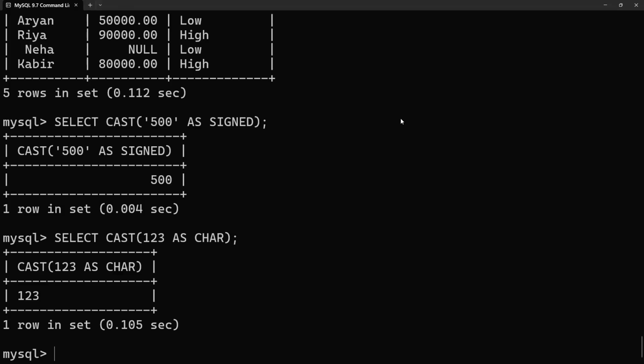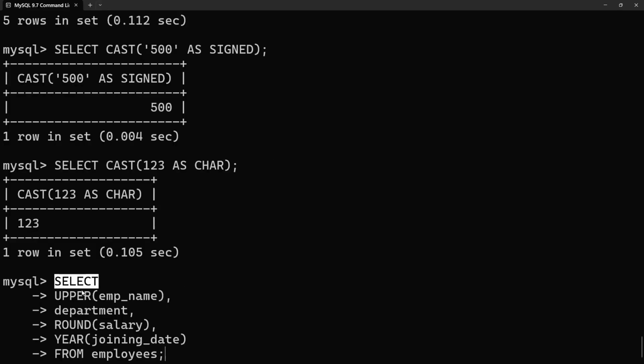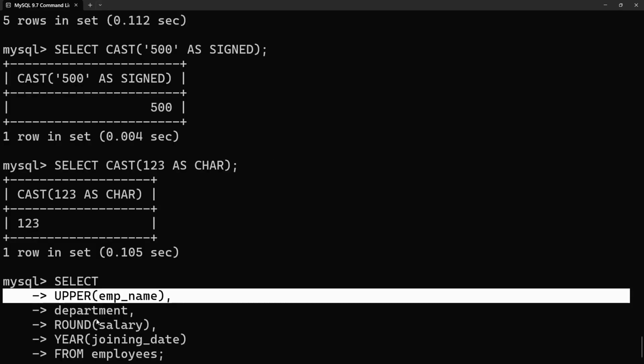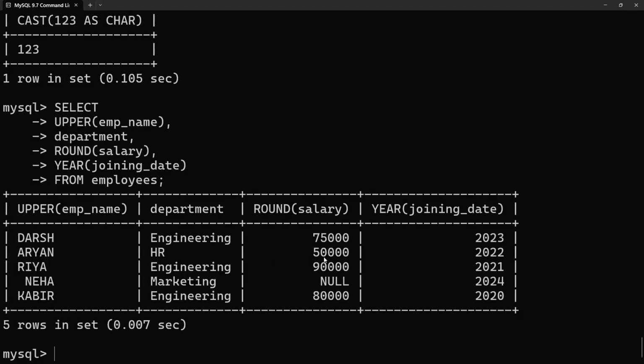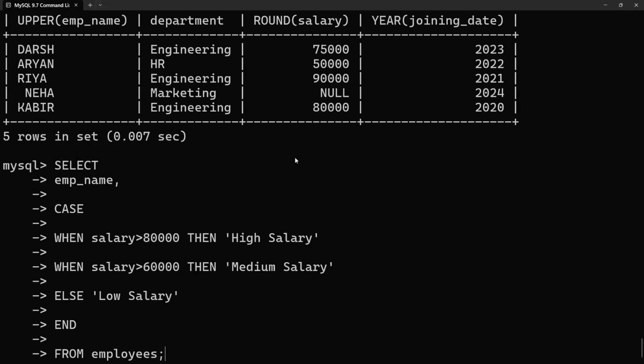Real world examples. Let's print out an employee report. Here we go. Select upper employee name, department, rounded off salaries, year of joining date, from employees. Should give me a basic report like thing. Here we go. Now let's categorize the salaries like we have done before. I'm using the conditionals here. Case when less than high, less than medium, or